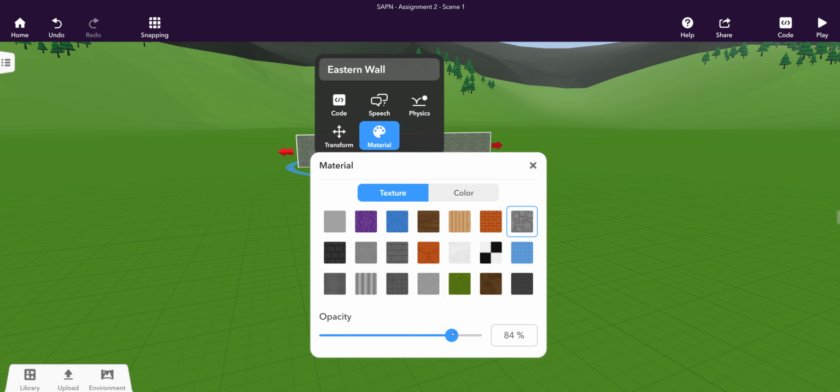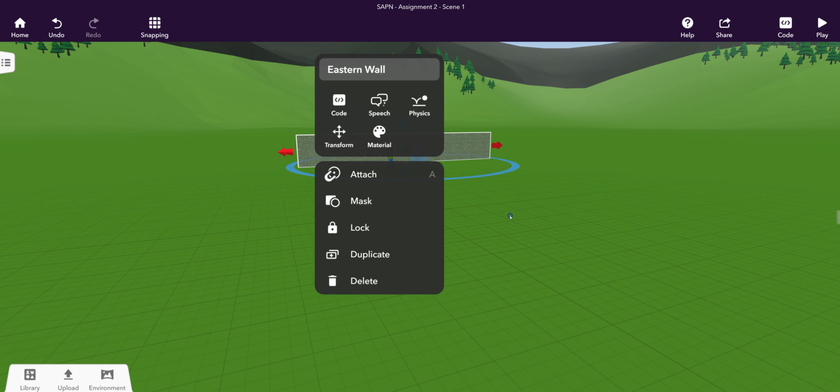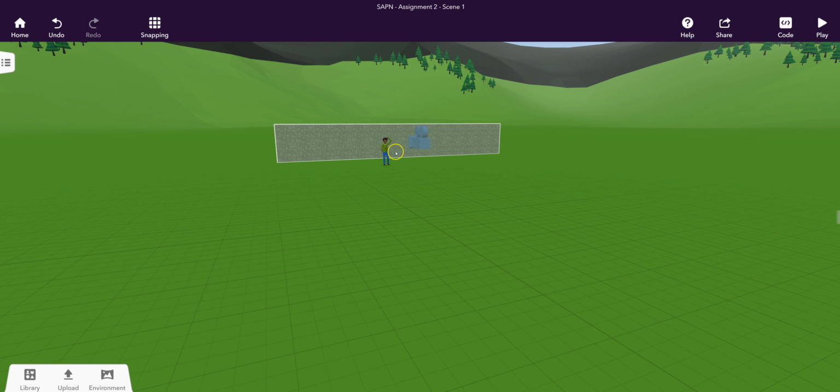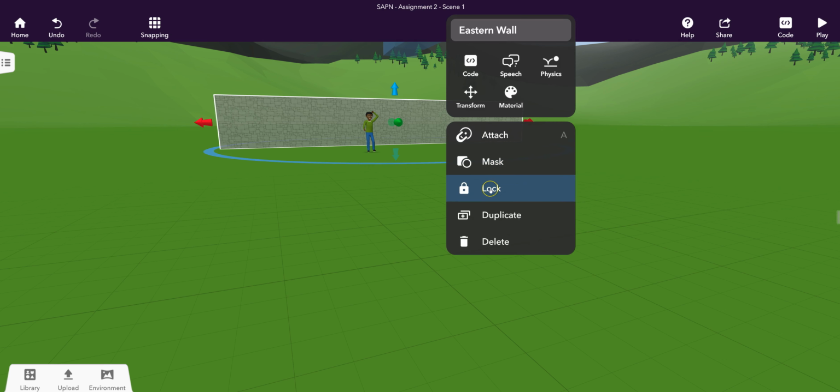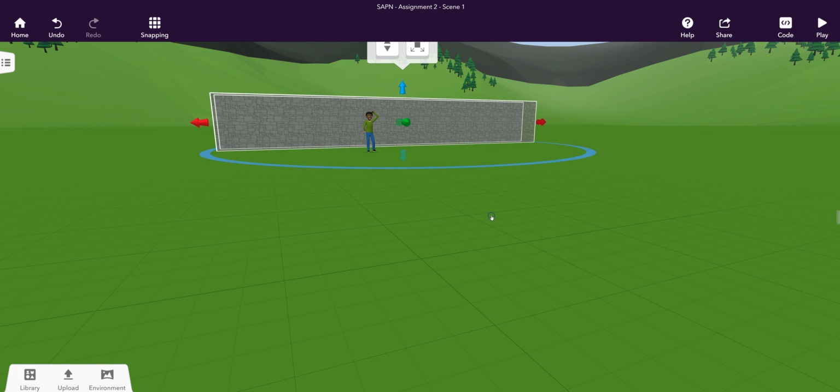So the opacity means how solid that object is, or how transparent that object is. So opacity, you can now see that I've changed that to 76%, so you can see through this wall. You do have the option to lock that object, so that means you can't change materials, size, or positioning. Or if you want, because you're going to be building